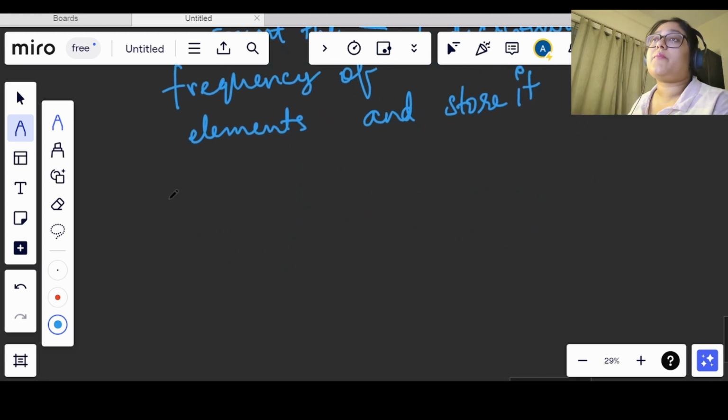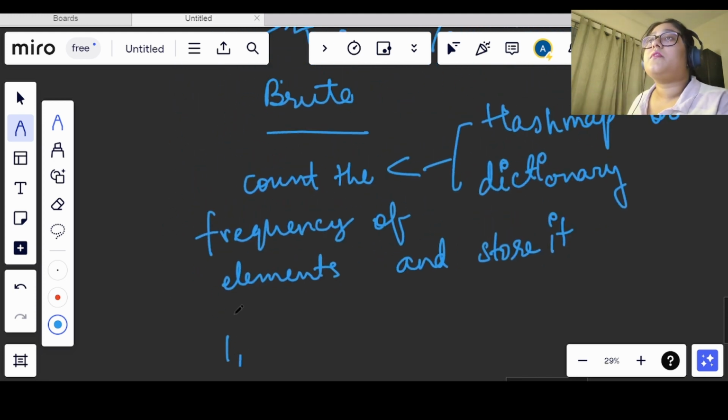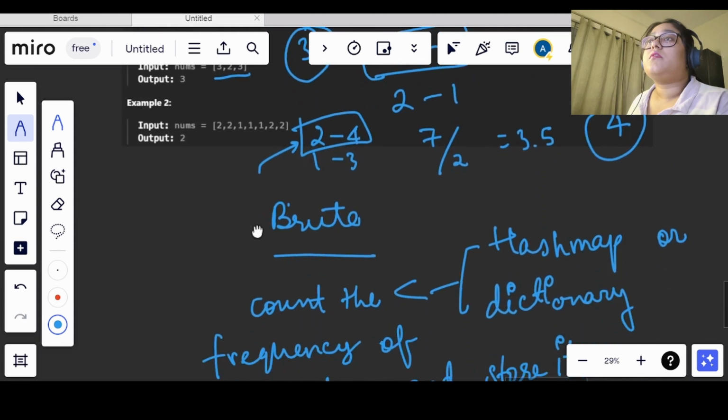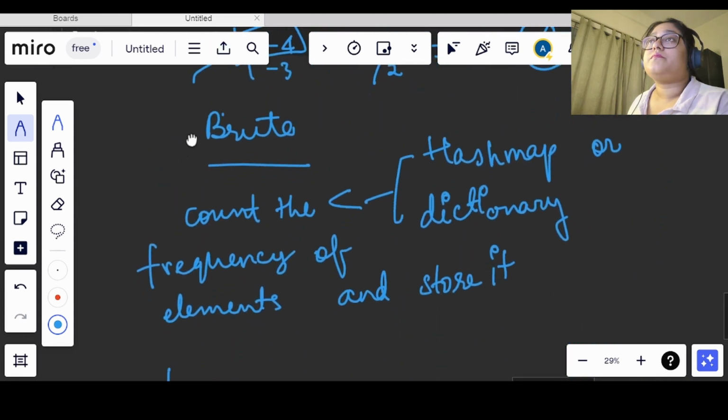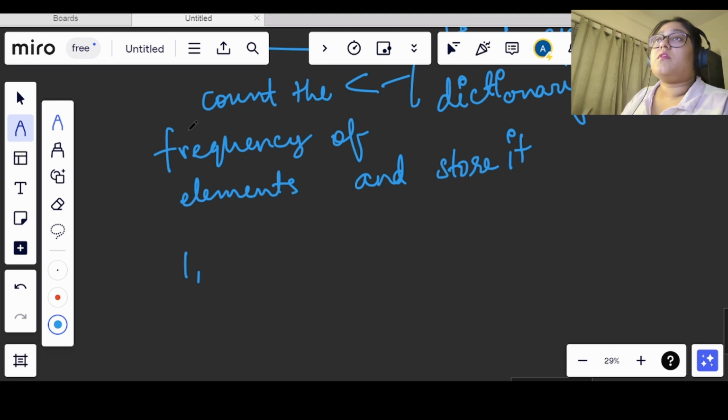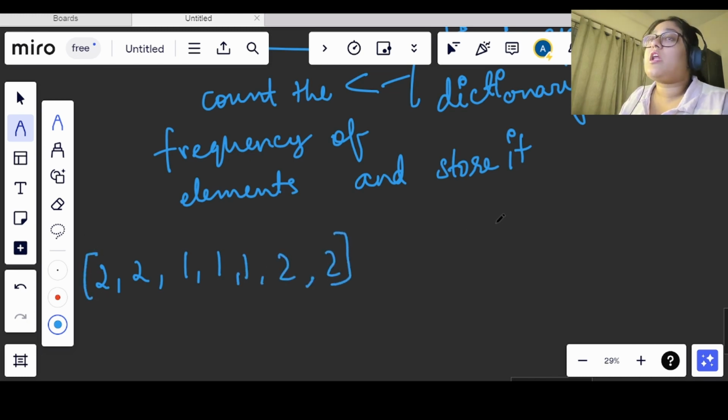Let's see with an example. We will be using the upper example only, so 2 2 1 1 1 2 2. This is our array. Now let's say I am trying to make a hash map or a dictionary. How is the value getting stored?